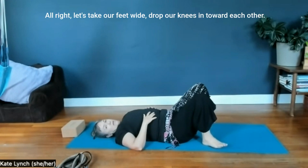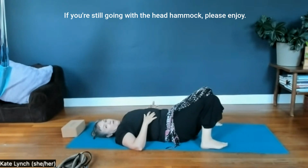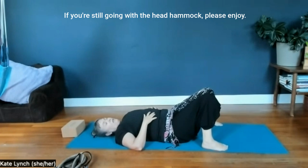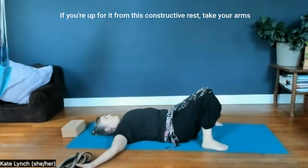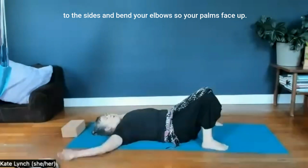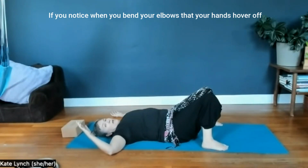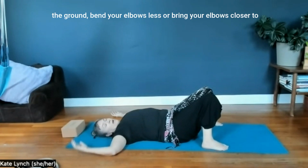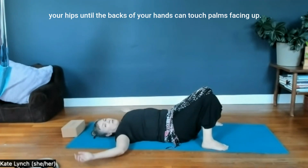All right, we'll just take our feet wide, drop our knees in toward each other. If you're still going with the head hammock, please enjoy, go for it. If you're up for it from this constructive rest, take your arms to the sides and bend your elbows so your palms face up. If you notice when you bend your elbows that your hands hover off the ground, bend your elbows less or bring your elbows closer to your hips until the backs of your hands can touch, palms